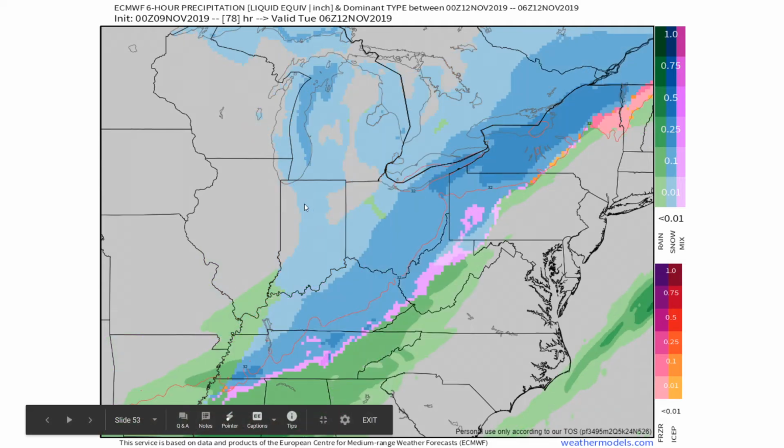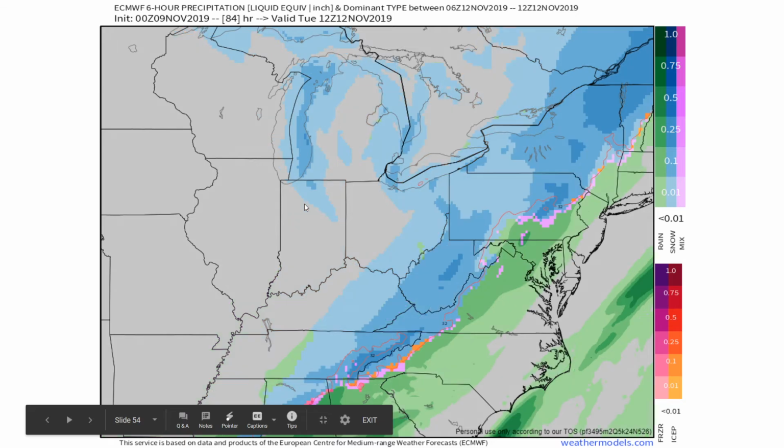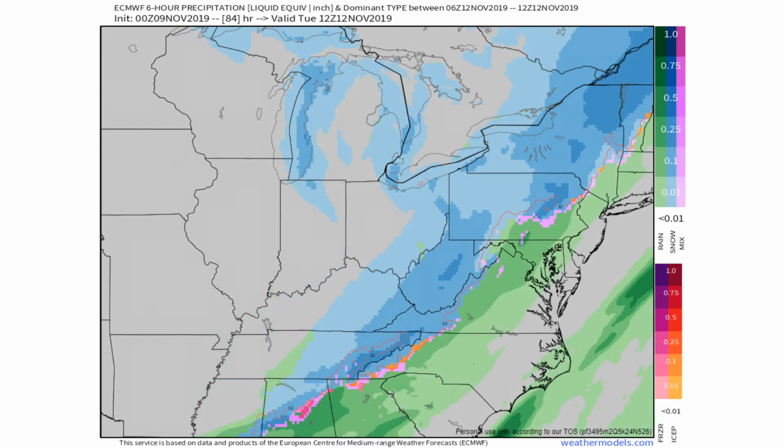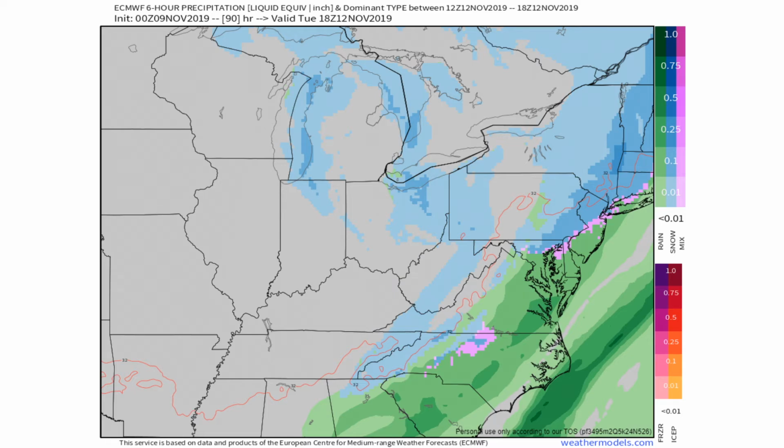Now, as we continue, you see that back-end snowfall, especially over the interior Northeast and the Appalachian Mountains, and it starts to move into New York City and Philadelphia and New Jersey by about Tuesday afternoon. So this would be around Tuesday, between about 1 to 4 p.m. You could have some snow showers, some moderate to heavy at times,